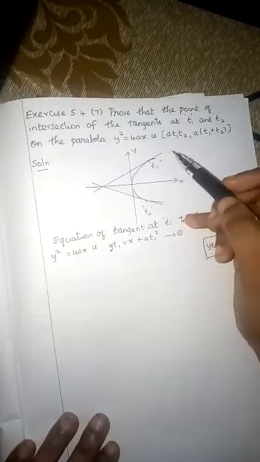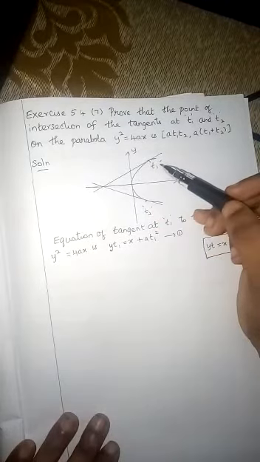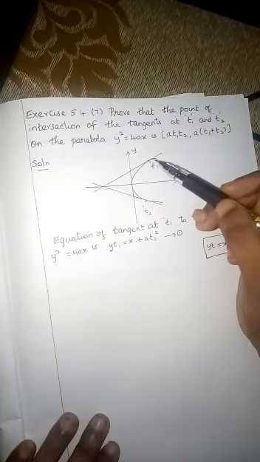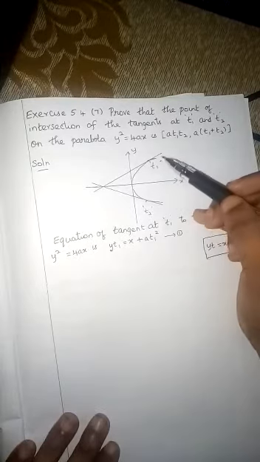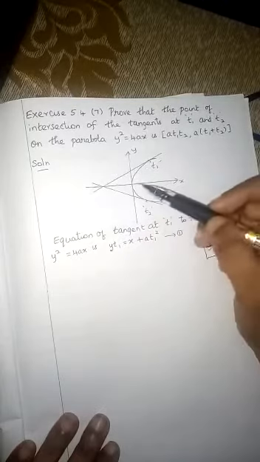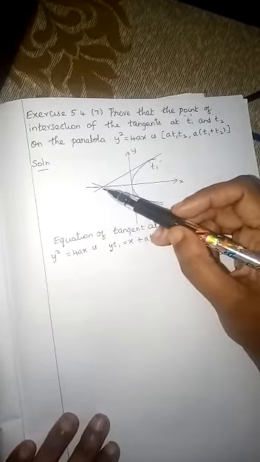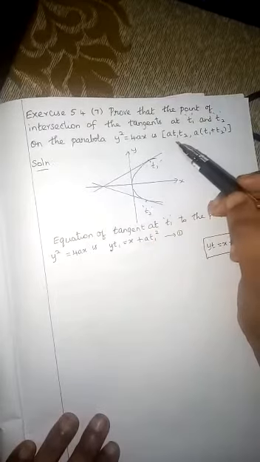So here we have a parabola. The equation is y square equal to 4ax. And we are drawing the tangents at 2 points. You take the points as t1 and t2. At this point, we are drawing the tangent. Okay, both the tangents are intersecting at a point, and this point of contact you want to find out, and you want to prove it is this value.